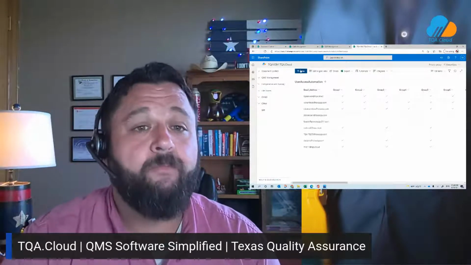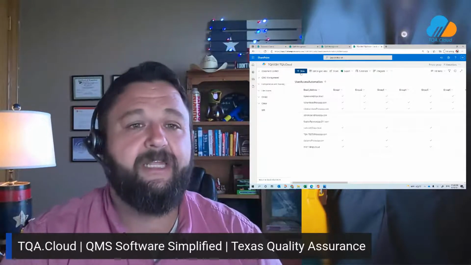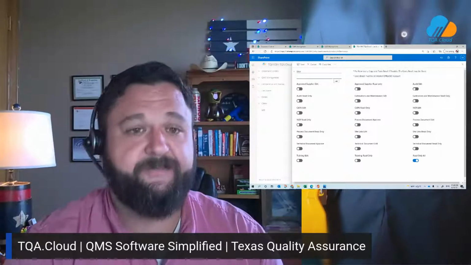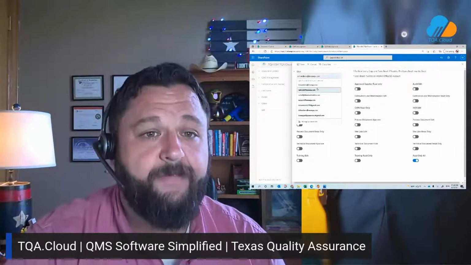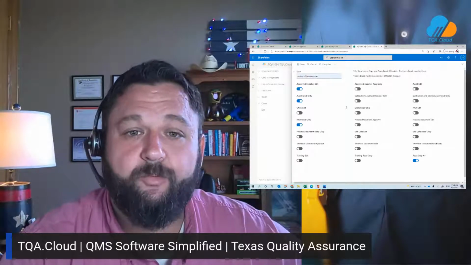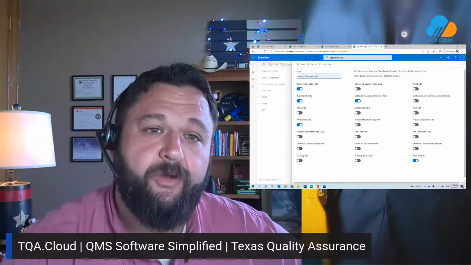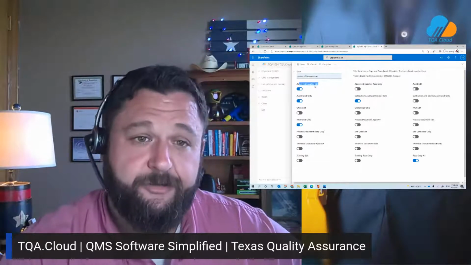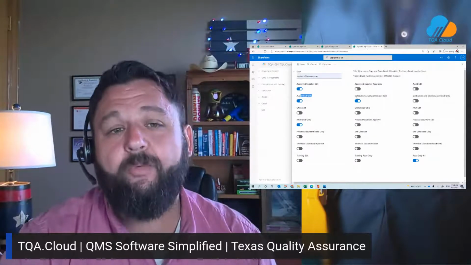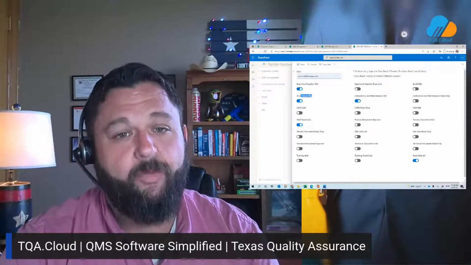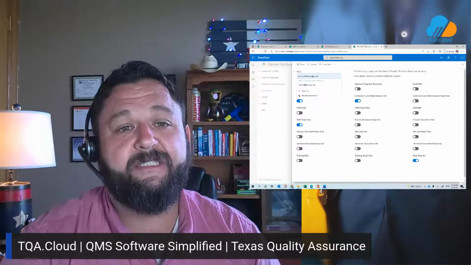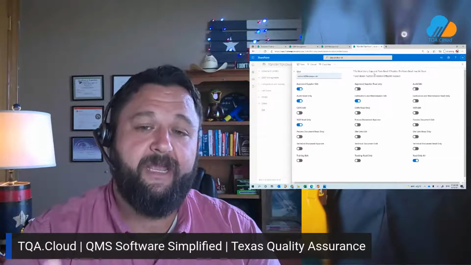Now, when we want to add a new user, again, this is unlimited with the users that we can add in here, only dependent upon the billing package that you have selected. We can enter in their email address here. Once entered in, we can then simply check on these boxes which groups we want them to have access to. So if we want Caleb here to have access to our approved suppliers as an editor, and we want him to have access to our audit reports as read-only, and we want him to be able to edit our calibrations and maintenance, we can enter it in here. What's going to happen when we save this is it's going to automatically send an email to Caleb to get him authenticated to the site.